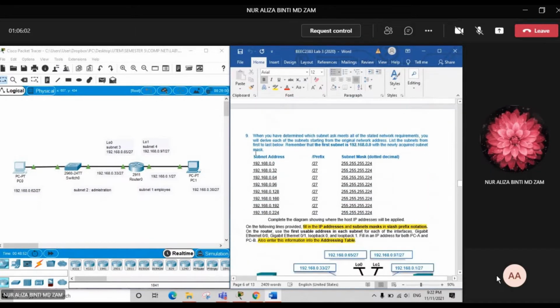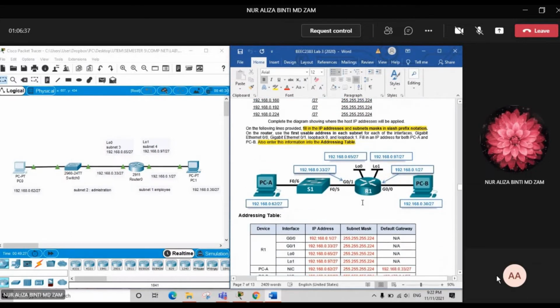Okay, for question 9, we have to fill in the subnet addresses, prefix and subnet mask in dotted decimal. For the first one, it is 192.168.0.0. The prefix is /27, and the subnet mask in dotted decimal is 255.255.255.224. And we continue until 192.168.0.224/27. The subnet mask is